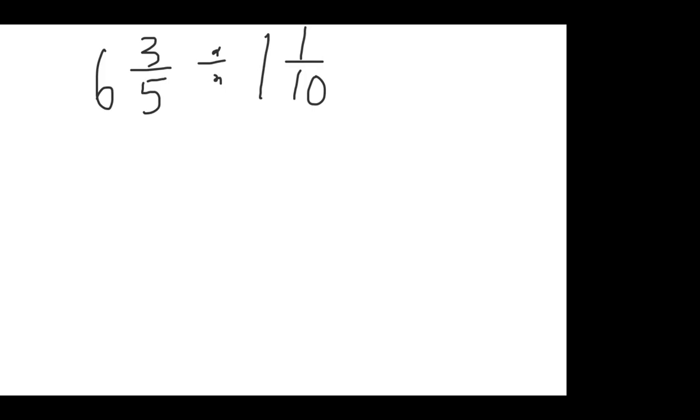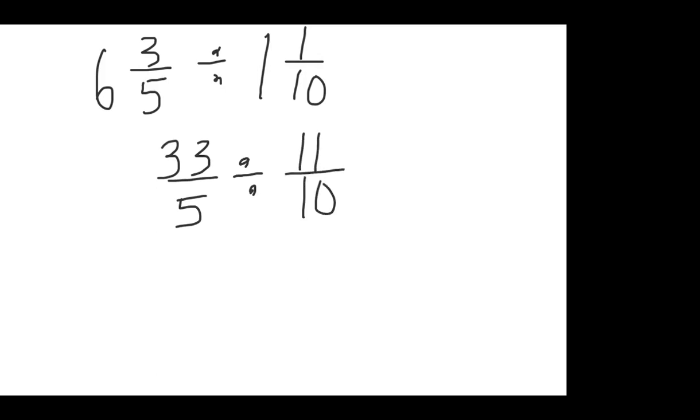All right, guys, so let's go ahead and give it a try. 6 3/5 needs to be converted to an improper fraction. So you want to do 5 times 6, which is 30. 30 plus 3 gives you 33/5. That's the first fraction, guys. Now, the second one, 10 times 1 is 10. 10 plus 1 from the numerator gives you